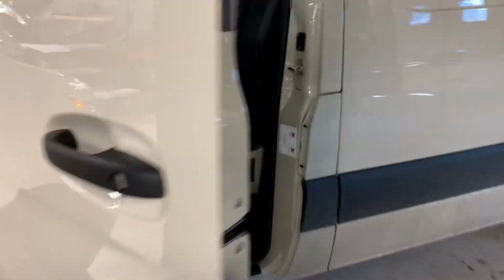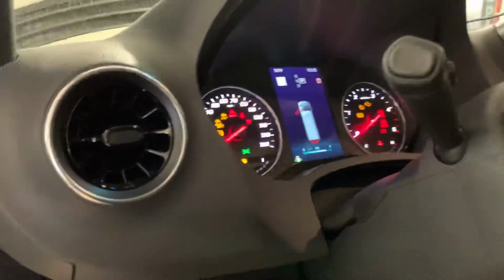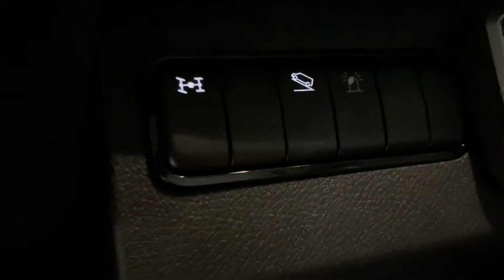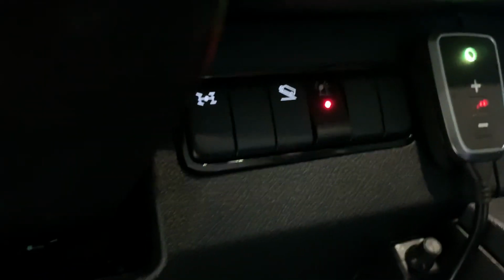Go back inside, make sure the accessory position's on, which it is. Using a factory bulb switch from Mercedes, which we can put a little air sticker on if you'd like. So now the compressor primes